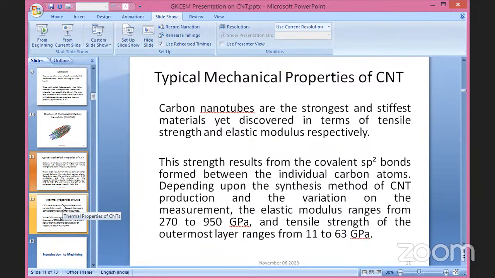Also, this CNT can be used as one of the components or as one of the additives within some conventional cutting fluid, and then it also increases the effectiveness of this cutting fluid, in terms of cooling action, in terms of lubrication action, etc. Even in some of the medical applications,